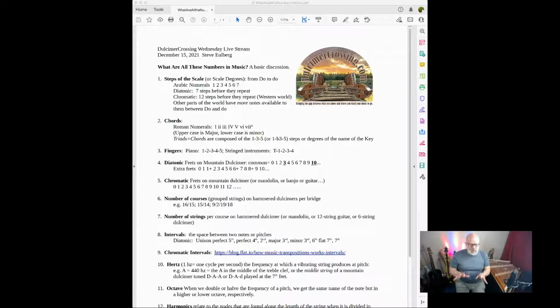So I always use Roman numerals to describe chords because I don't have to add anything to it to let me know if it's major or minor. And the system still works if I'm in a minor scale. I'm just starting in a new location. Now, just like I have 3 knuckles in each one of my fingers, well, maybe not my thumb, I have 2 knuckles there, but I'm going to pretend. Inside each one of these chords are a 1, 3, 5, 1, 3, 5, 1, 3, 5, which make